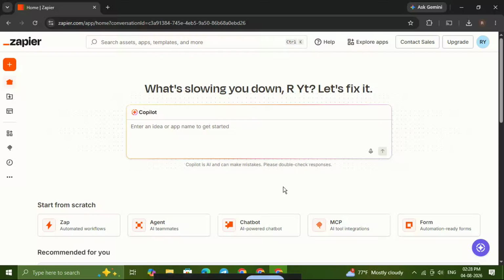Today, I'm going to show you how to change your name in Zapier quickly and easily. If you created your account a while ago and want to update your first name, last name, or profile name, this guide will walk you through the exact steps. It only takes a minute, and by the end, you'll know exactly where to go inside Zapier to make the